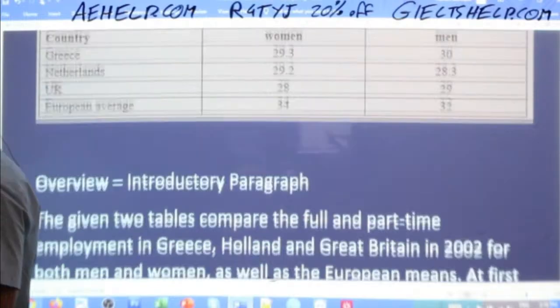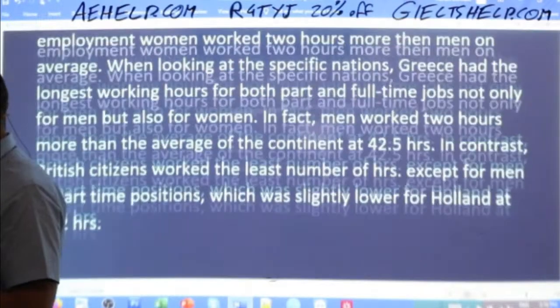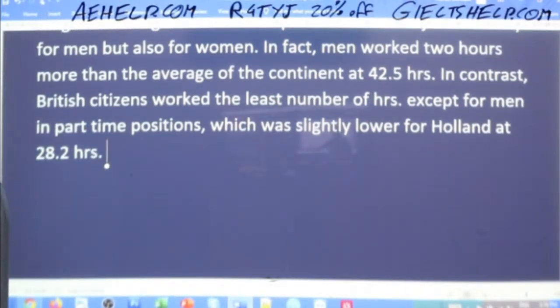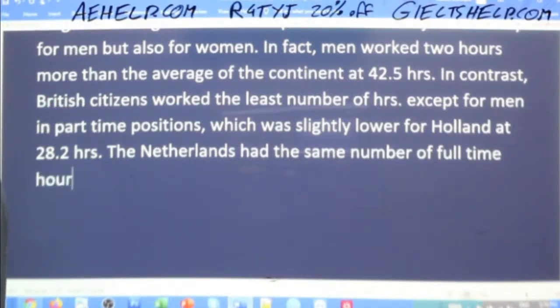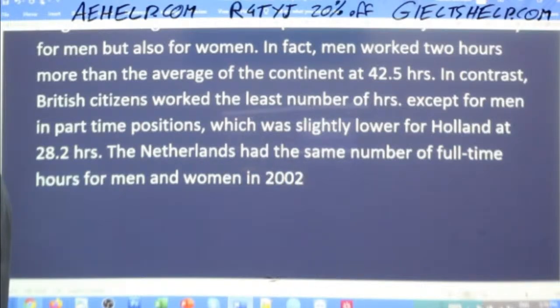So the Netherlands had the same number of full-time hours. Let's not forget that hyphen. For men and women in 2002 at 38.